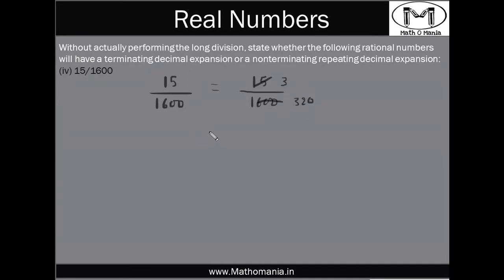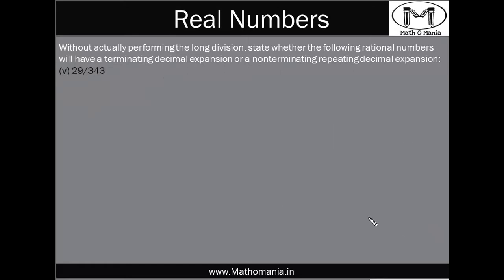So this is in the simplest form. Now further, we need to check the factors of 320, and the factors of 320 are 2 into 2 into 2 into 2 into 2 into 2 into 5. Now 6 times 2 is 64 and into 5 is 320, right? Now as we can see that in the denominator we have factors which is a combination of 2's and 5 only, right? So this will be a terminating fraction.